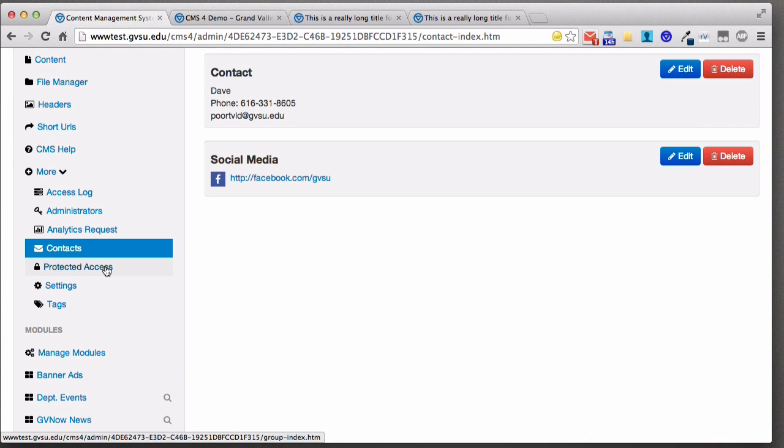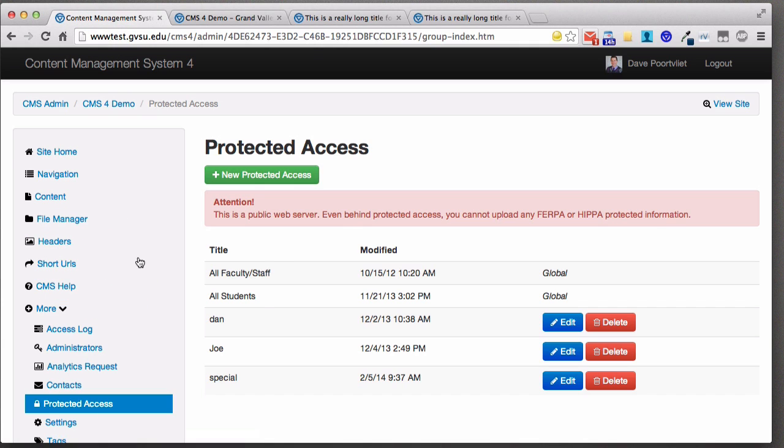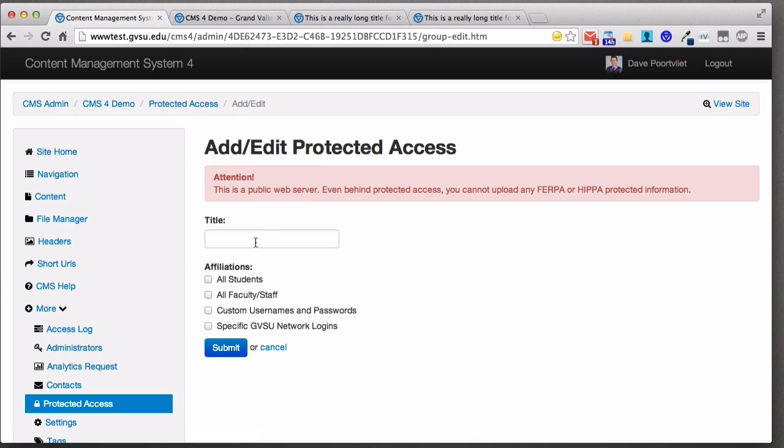Up is protected access. We touched base on this a little bit. By default, you'll get a permission level of all faculty and all staff, but we can create custom access levels. So to do that, I just click New Protected Access, and I can title this anything I'd like. This is again just for my reference. So let's say maybe CMS class,